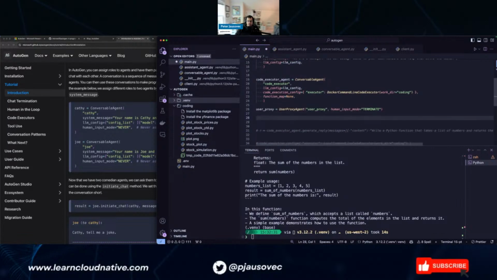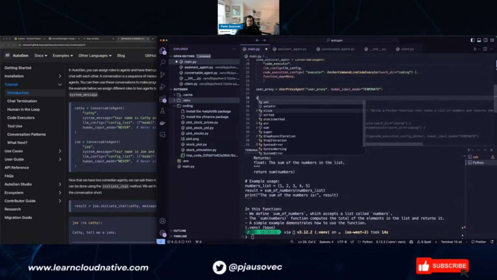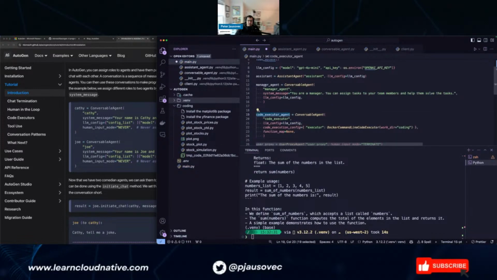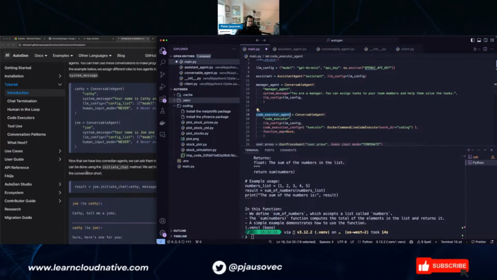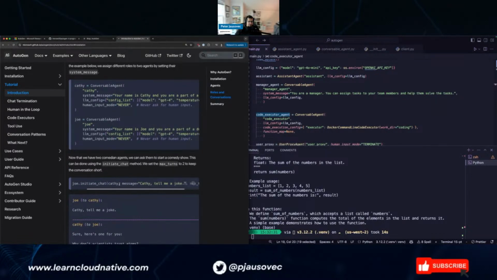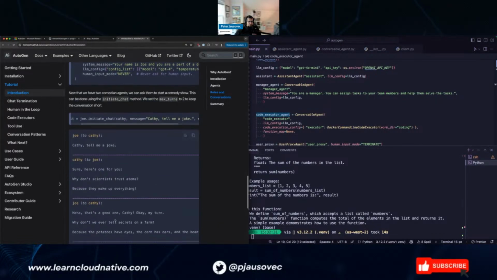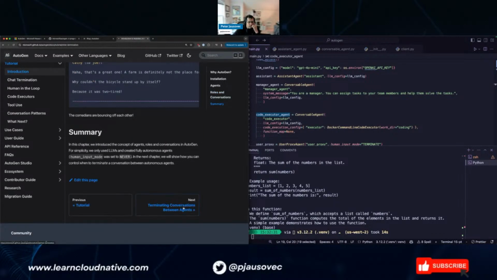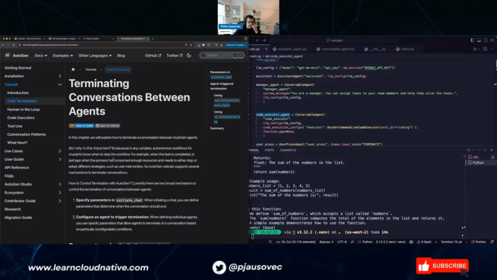So we'll do user proxy. But how will the manager agent know about code executor agent? How can you do that? How do two agents know about each other? Okay, maybe we'll get to it.